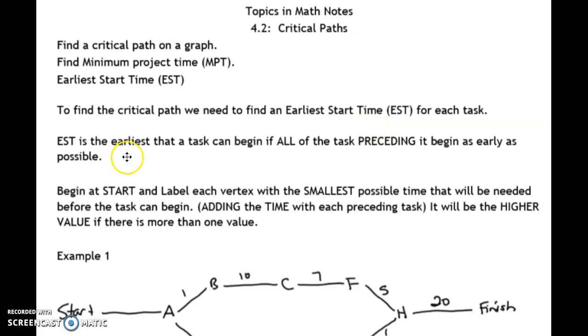The earliest start time is the earliest that a task can begin if all of the preceding tasks are already done. Begin at start and label each vertex with the smallest possible time that it will need before the task can begin. So you're going to add time with the preceding task. If there is a tie, or like two different numbers coming from that number, you need to pick the highest